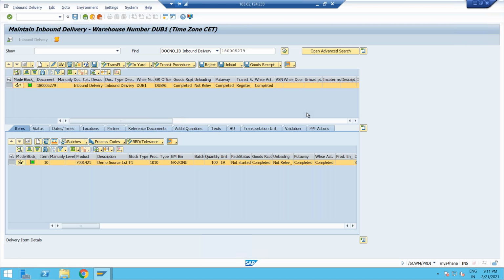Saputo, when they didn't have S4, it was strictly plain EWM only. Now I think they migrated to S4, I believe. No, they have not yet migrated. They are still doing the rollout for the Canada divisions, and once Canada is done, then they have a plan to migrate into S4.